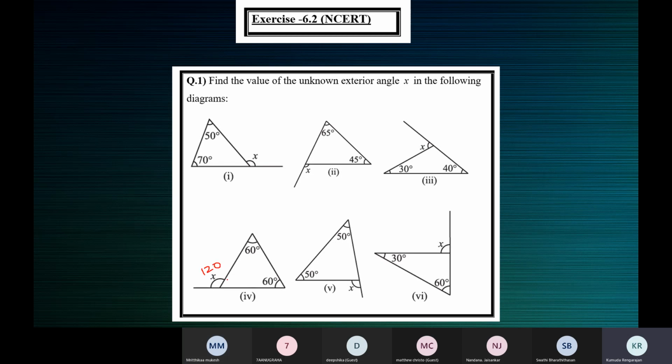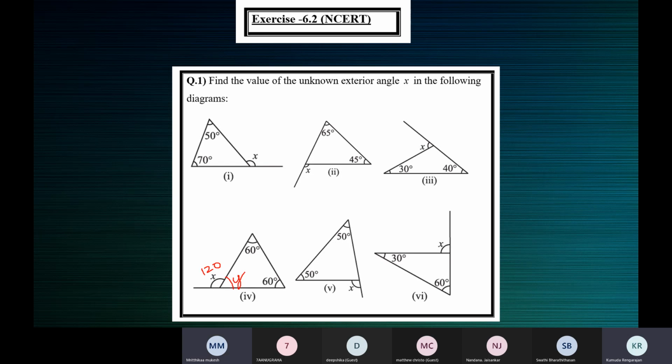Now tell me the value of y, Mritika. Ma'am, x plus y is equal to 180, since adjacent angles add up to 180 degrees. Not all adjacent angles make 180. What is the specific property here? You're right, x plus y is 180. But why? Because they form a linear pair, ma'am.